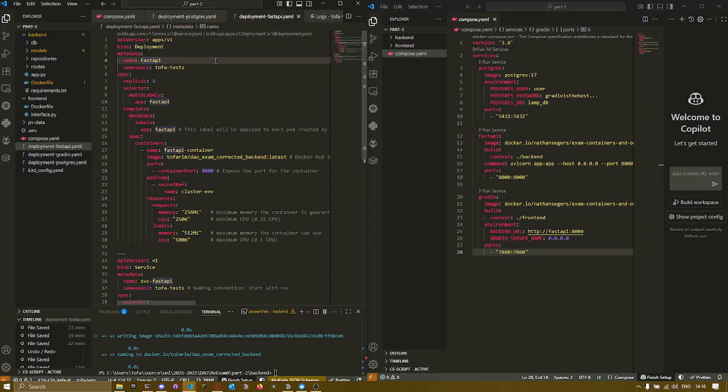Then the name is Fast API. Namespace is the same as in other things, but here we have 3 replicas because multiple users can connect to this thing, and it's necessary. I mean, it will work with 1, but why not 3? Here we have our app name,